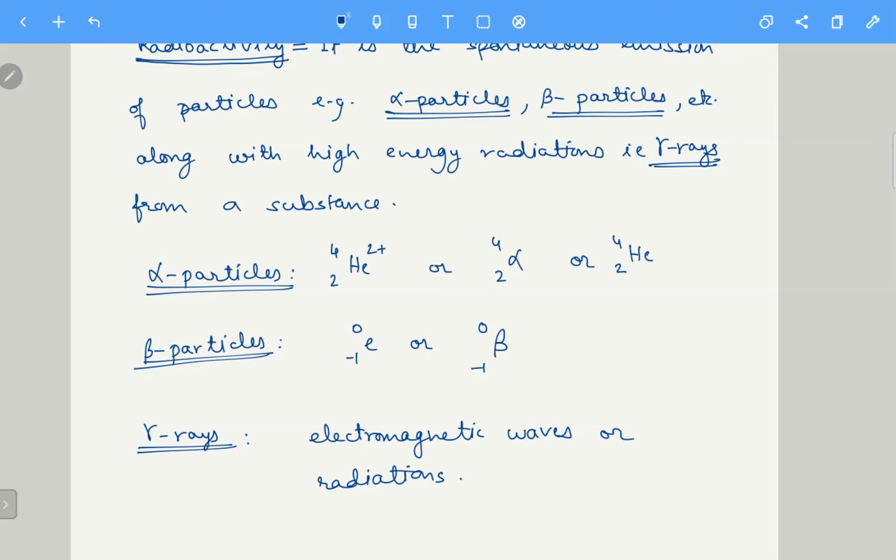Isliye radioactivity ka ek brief idea de raha hoon. But detailed discussion of radioactivity is not complete without the complete study of atomic structure. So yes, beta particles are electrons, but these are not the electrons present around the nucleus. These are electrons that are produced from some changes in the nucleus of an atom. Okay. Theek hai na, yahi puch raha tha. Yes, sir.